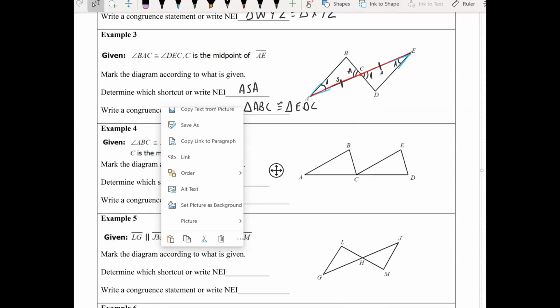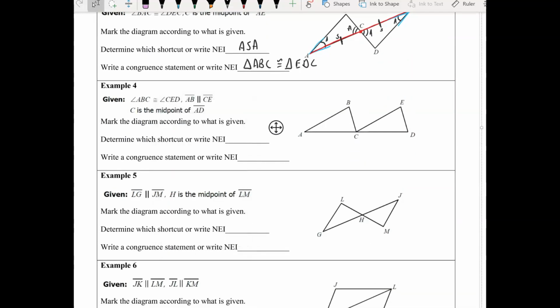All right, let's try example 4. We got 3 more examples here. Now, I marked everything that was given, but I think this one needs, we'll go through this whole process together. So I'm actually going to start with this one because it's the hardest one to know what to do with. So I'm going to erase my other marks for a moment, and we're going to focus on